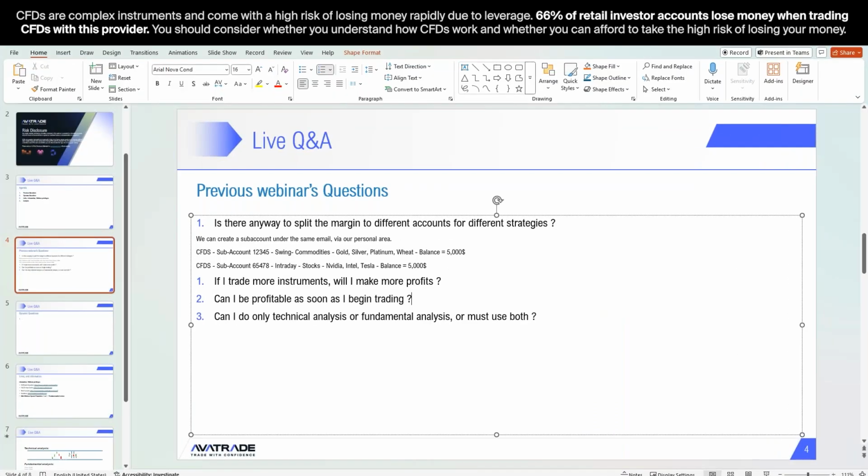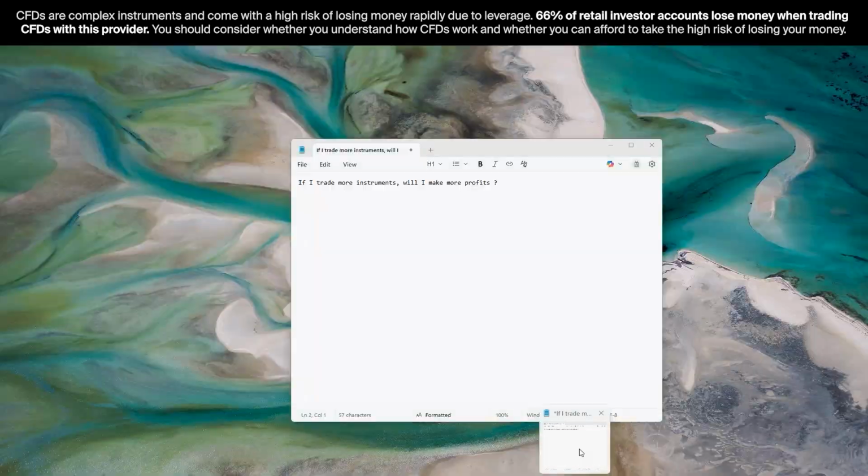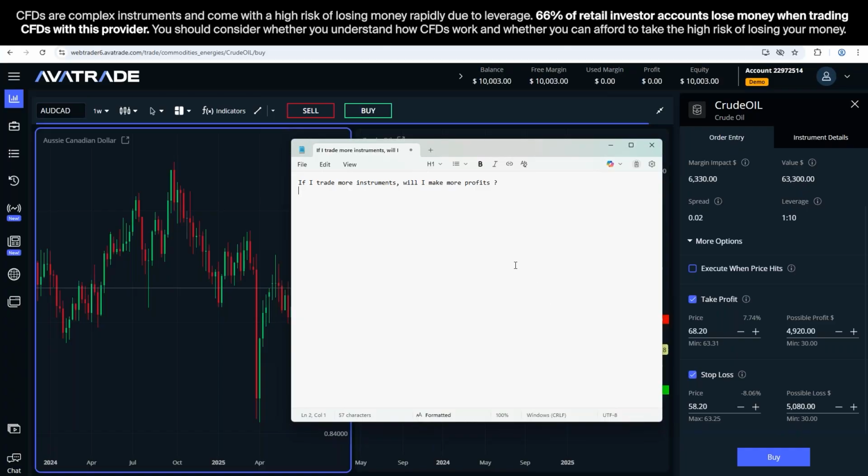To diversify. If Aussie Canadian dollar doesn't go as I plan, okay, let's write it down. So we've got the take profit and stop loss. We said that could either make us